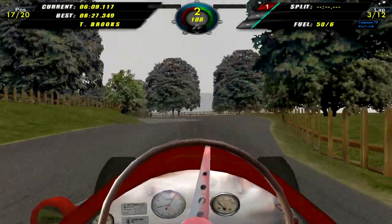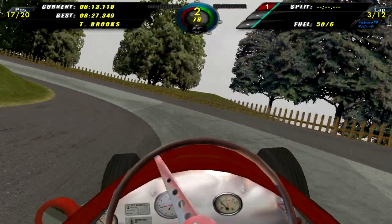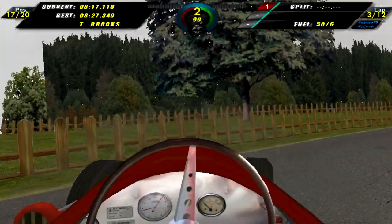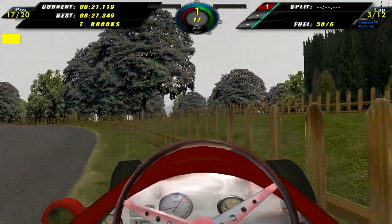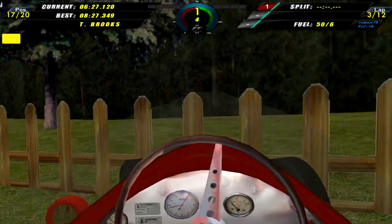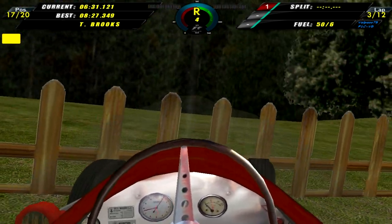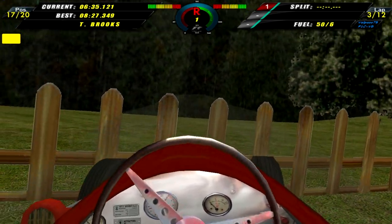And here we are in qualifying, just entering the carousel, and as you can probably tell, it is raining, the car is absolutely difficult to control, and as I come out of the carousel I get a bit too eager on the power, lose control of the car, it spins around. Luckily I managed to keep the engine running, and I even managed to turn it around, but then the car gets stuck on the geometry, and well,